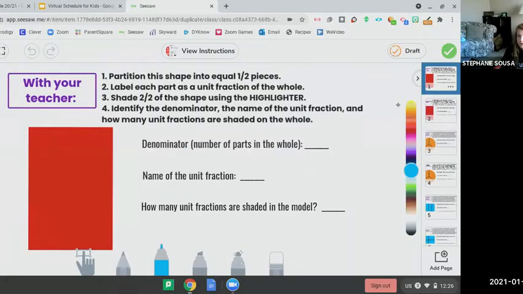Alrighty, and you will see here that we have directions at the top of each slide. There are 4 things to do. I want everybody right now to show me with your fingers on camera how many things you have to do. Some of you guys are showing me 2, and I don't know why, because it says 4. Look at those directions. Step 1, step 2, step 3, step 4. How many things do you have to do on each slide? 4. Yes, I wasn't asking how many problems we're doing together, but how many things you have to do